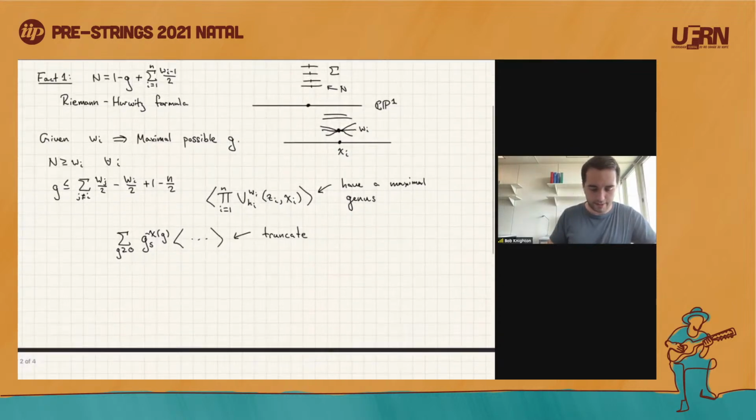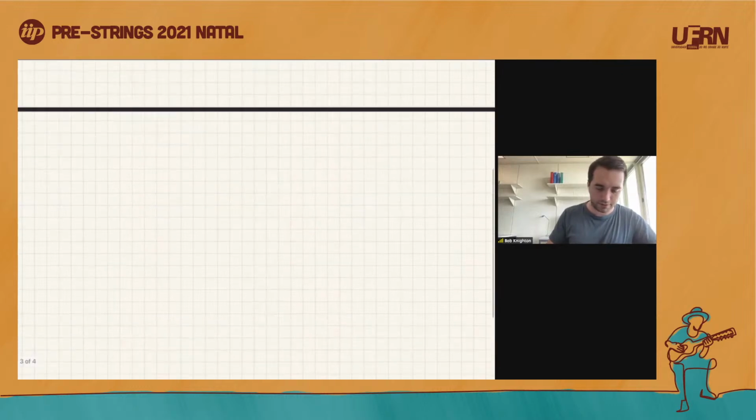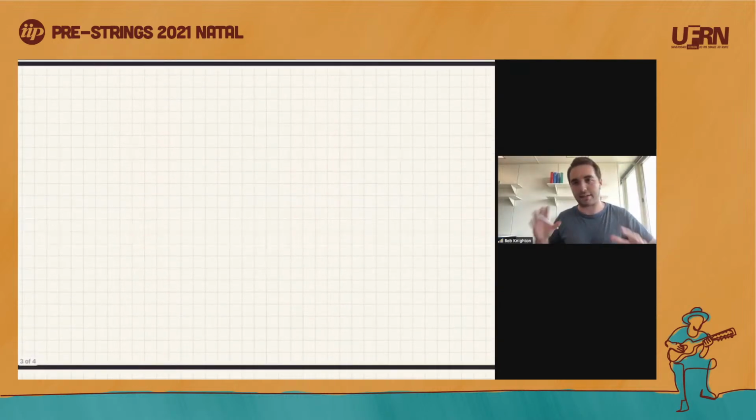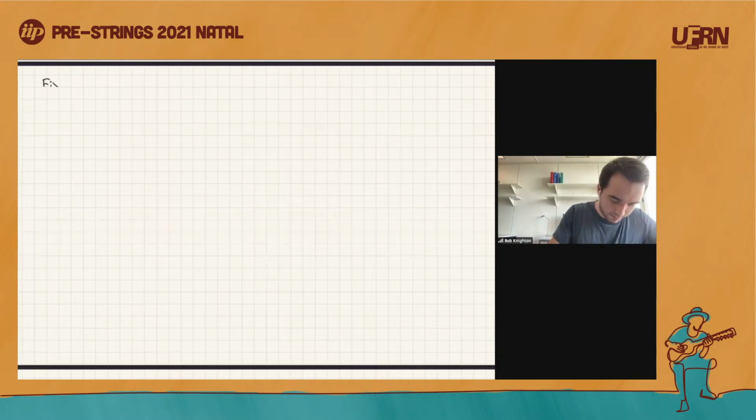Now, the next and last thing I want to mention, which is also on the problem sheet, is exactly how these things localize. So if we fix x_i and w_i,